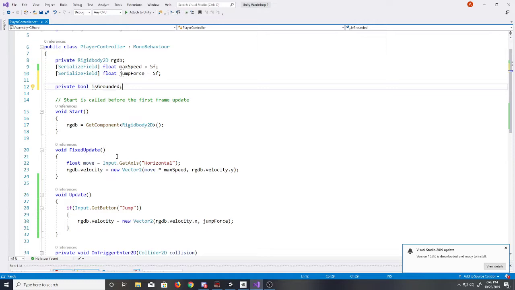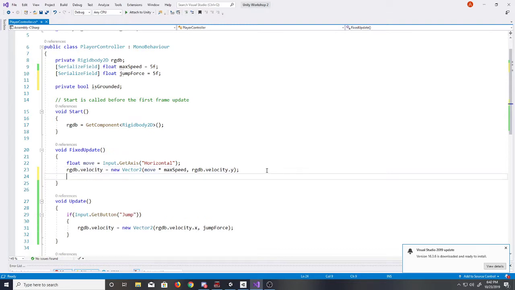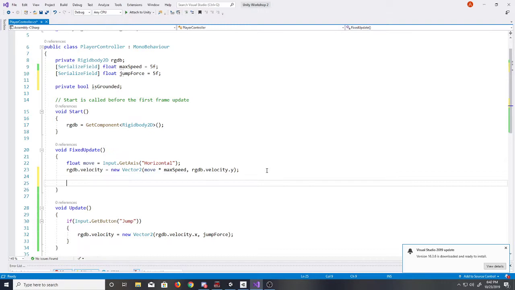So what we're going to do is we need to know this information all the time. At any given time that the character is able to jump, we need to make sure that they're not already moving. So we're going to actually put that one in FixedUpdate. So if you go down to your FixedUpdate,